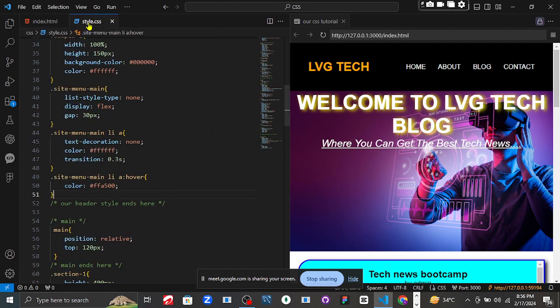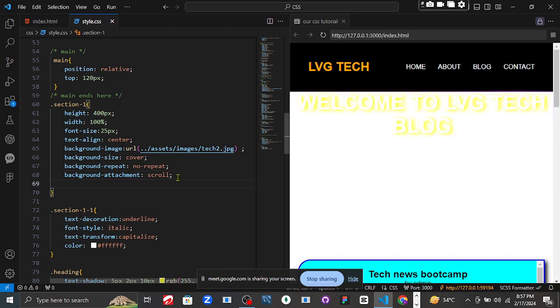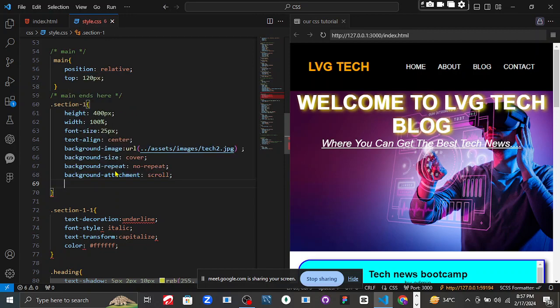So I go back and I check. I think we have already done something on it. So this is where we stopped in the desktop version of the tutorial last week, I think. Okay, sorry, 2 days ago. So I try to add flexbox to this. Sorry, I use display